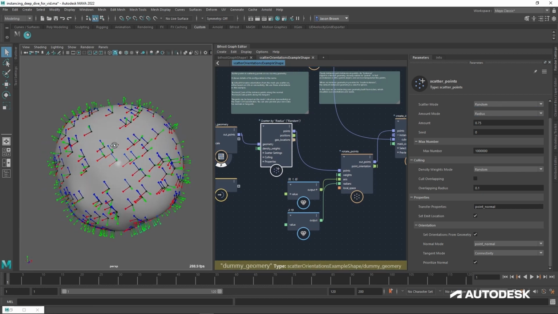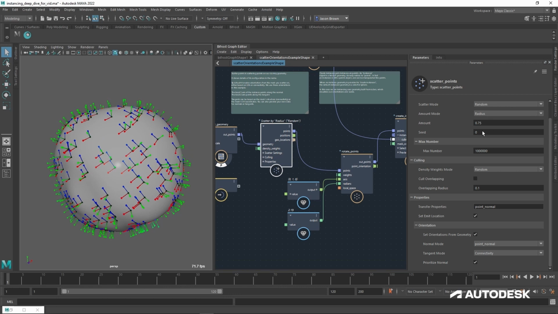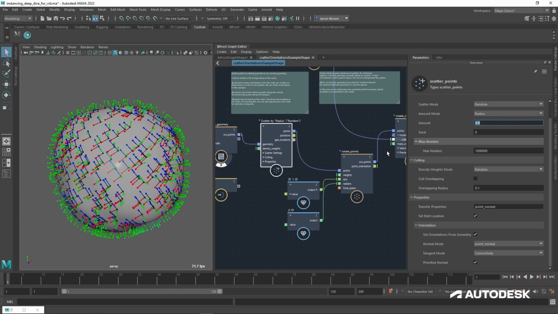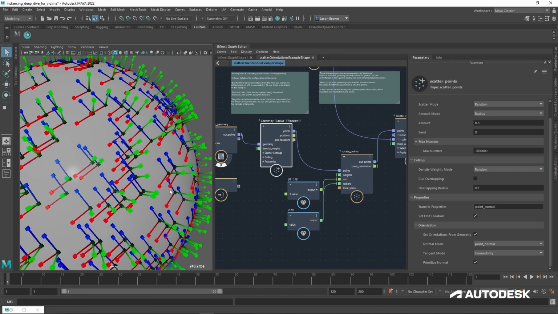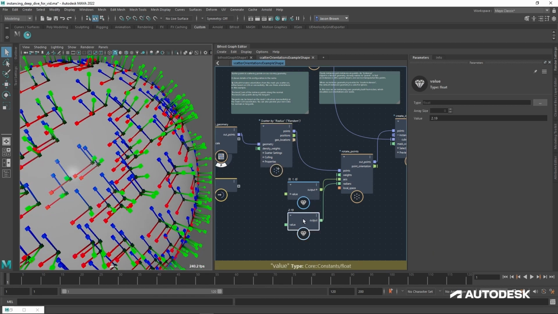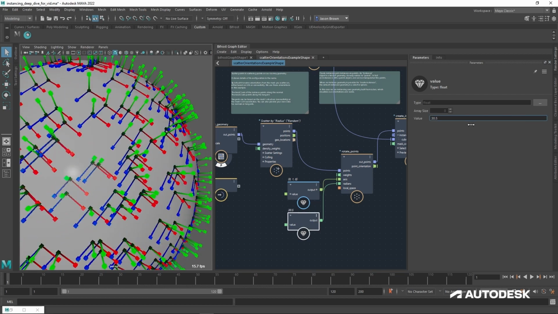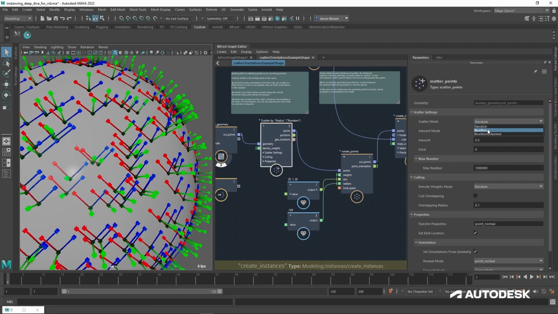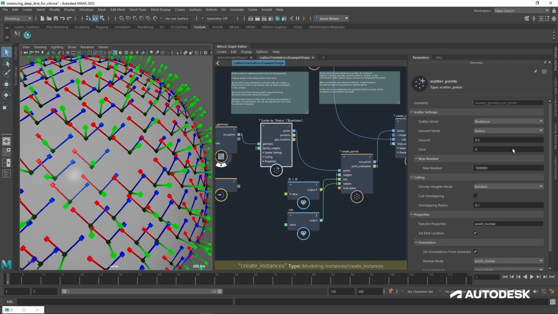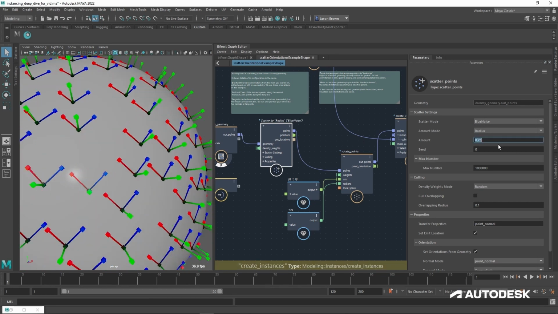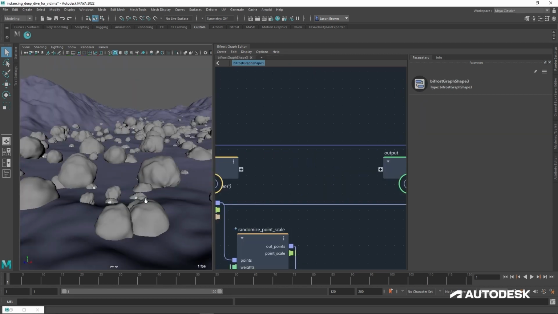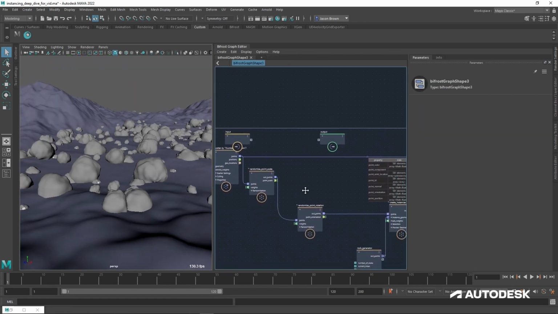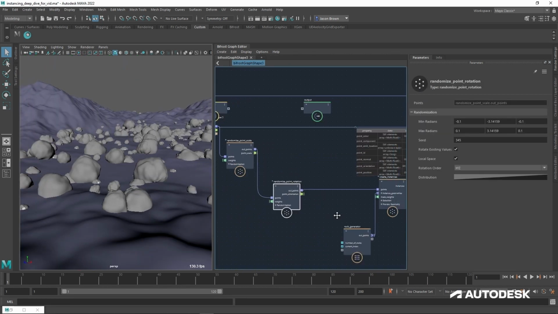So this is literally just a normal scatter like we've been doing. So this is scattering by radius. So if I make that just a little bit smaller, we'll get more points. But these points are random. They were blue noise before. It's all going to be quite happy to just work the same way. Just rotate nicely, whether it's random, whether it's blue noise, whatever. Okay, so let's go back to our file. So now we've got a few more things we can use on our rocks. I quite like having a randomized point rotation.